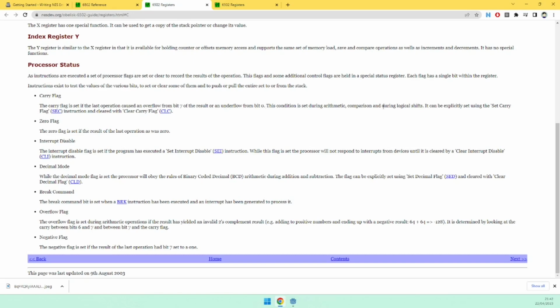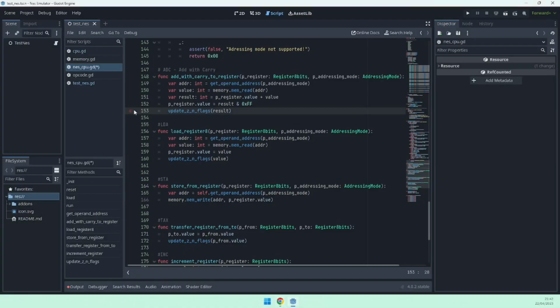This condition is set during arithmetic, comparison and during logical shift, and can be explicitly set using the set carry flag instruction and cleared with clear carry flag. So what I am trying to understand here is: is this integer treated as an unsigned integer, or as a signed integer? Because maybe what we need to check is